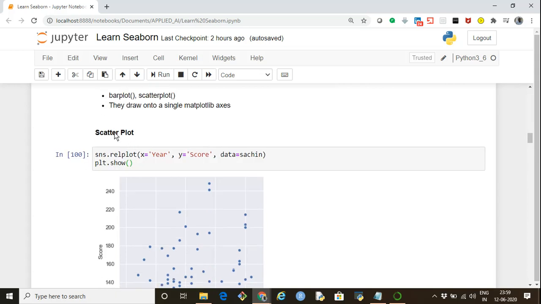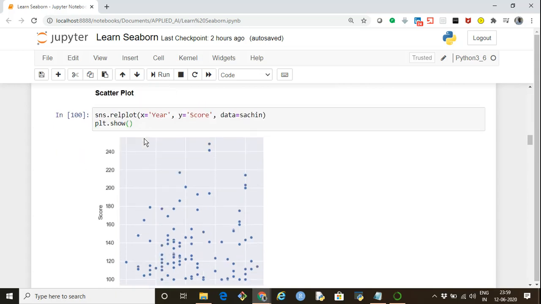First I want to plot a scatter plot. I'm plotting year on the x-axis and score made by Sachin on the y-axis using the data Sachin, and I'm saying sns.relplot. By default it creates a scatter plot, because we are not specifying anywhere in this function that it should make a scatter plot.